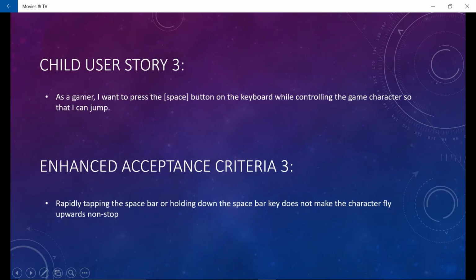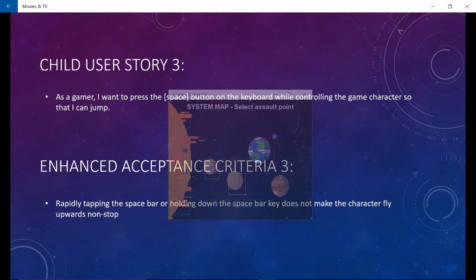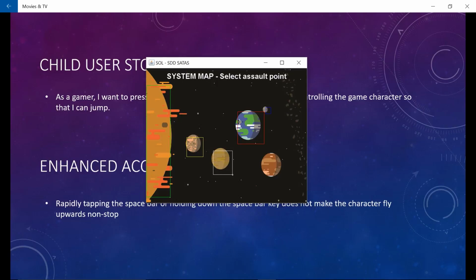Child user story 3: as a gamer, I want to press the space button on the keyboard while controlling the game character so that I can jump. Enhanced acceptance criteria 3: rapidly tapping the space bar or holding down the space bar key does not make the character fly upwards non-stop. So if I navigate to level 1,